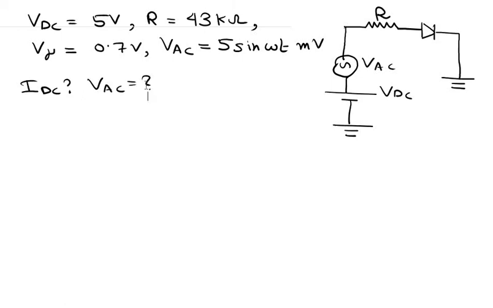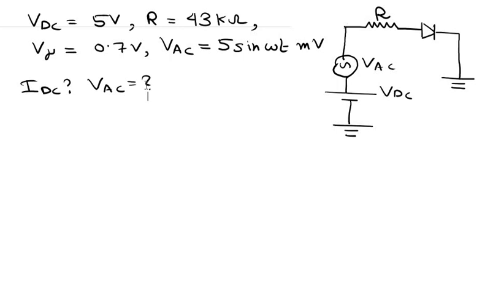Okay, now let us first calculate the DC component of the current. As I stated earlier, an AC voltage source cannot give rise to a DC current. If you have an AC voltage source, you will always get an AC current from it. That is why we can calculate the DC current even if we remove the AC voltage source, because the AC voltage source does nothing to create the DC current. Only the DC voltage source gives rise to DC current.